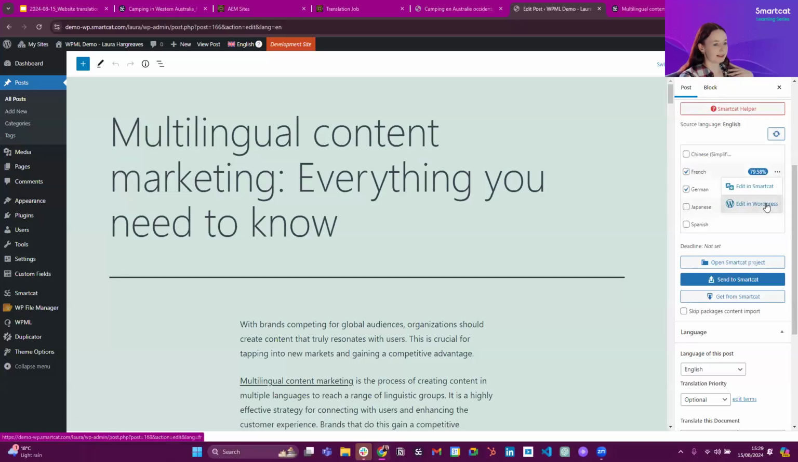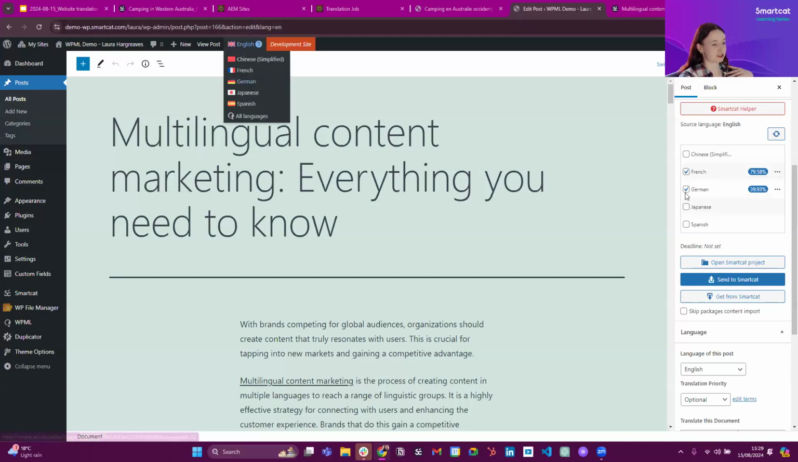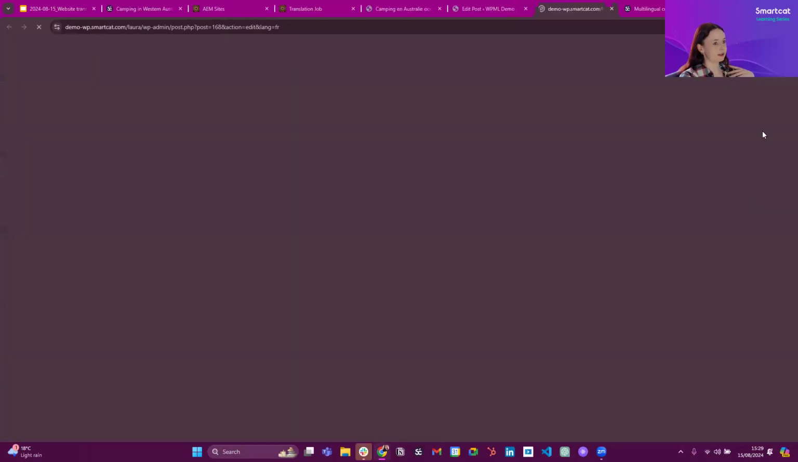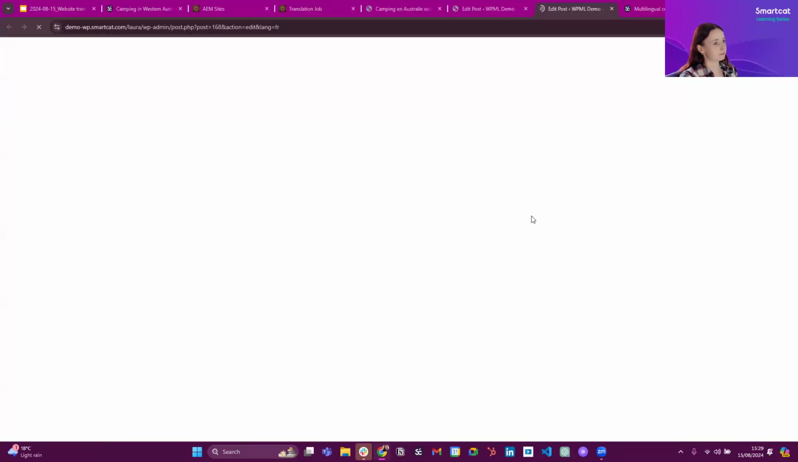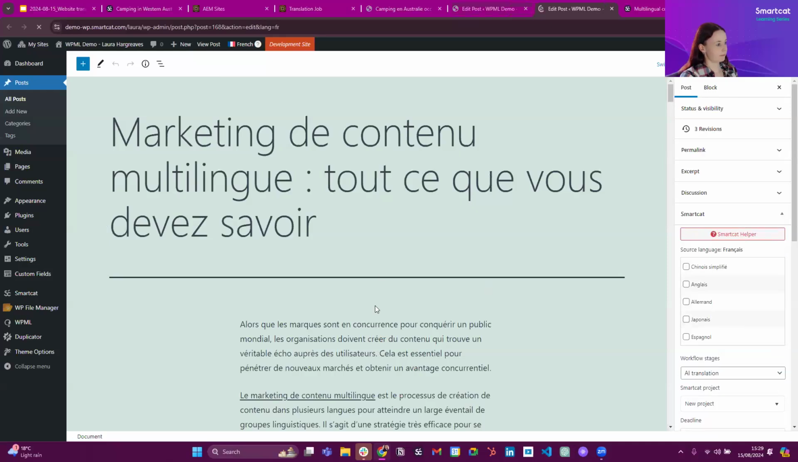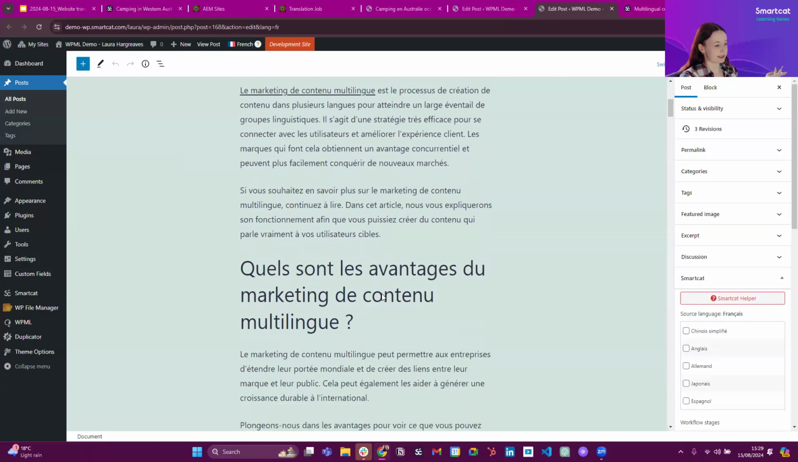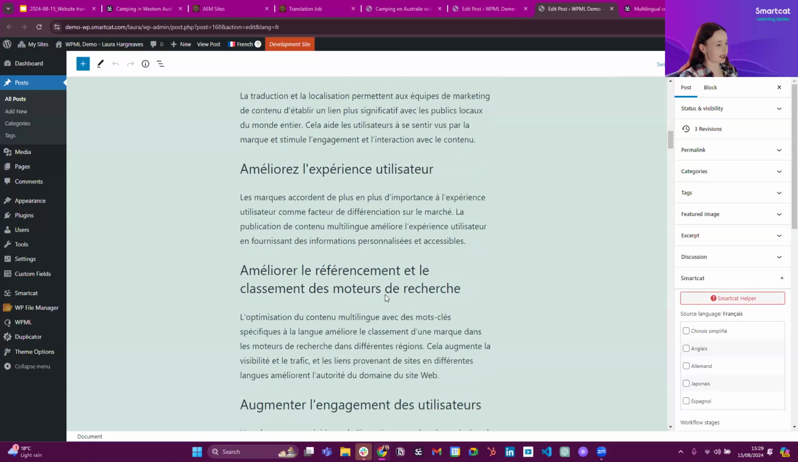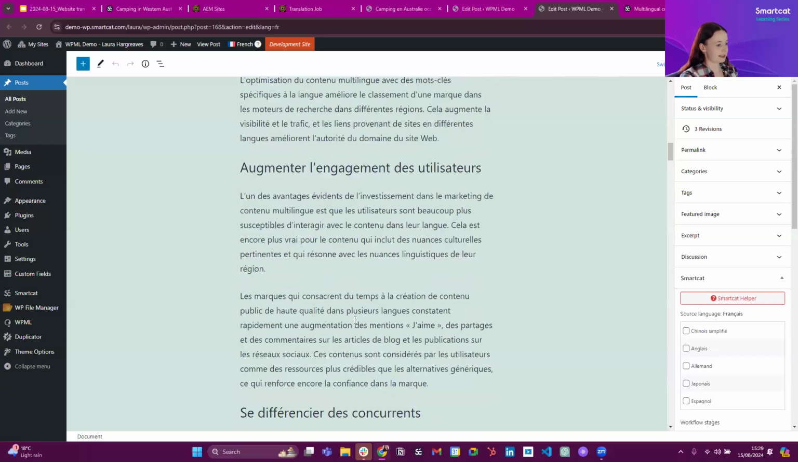So what we can then do is we can go to edit in WordPress from here, or we can of course switch the language switcher from the top, but we can go into the French version of that page here. So now we see the page in French translated there, and